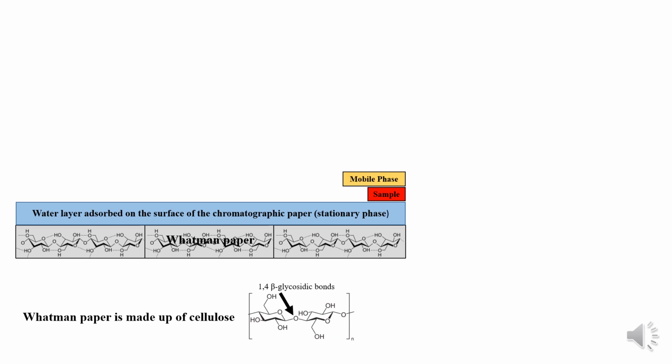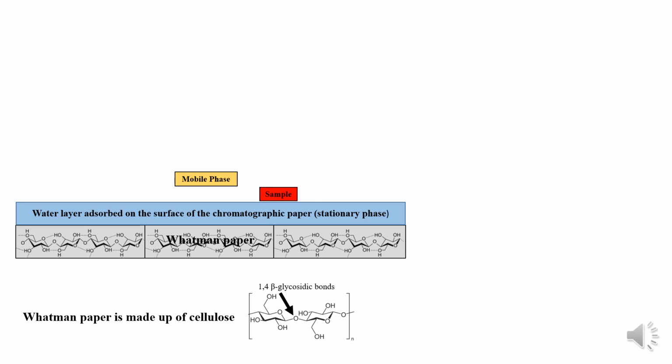And when the Whatman paper with applied sample on the baseline is placed in the chamber for development, you can see that the mobile phase travels through the Whatman paper by capillary action. Now the sample is sandwiched between the stationary phase and the mobile phase, and during the development process,